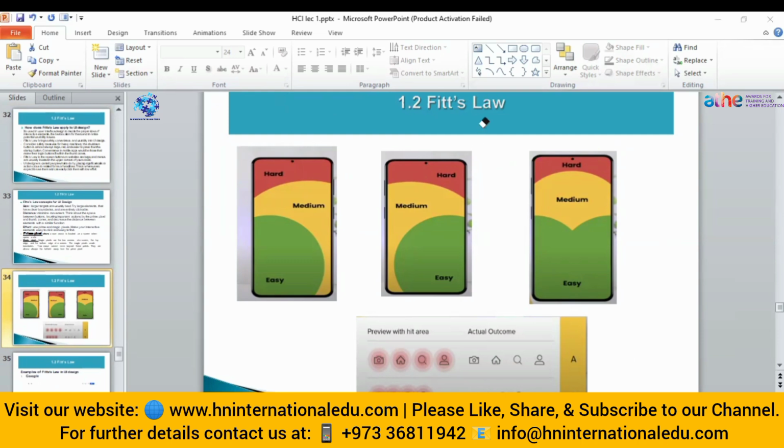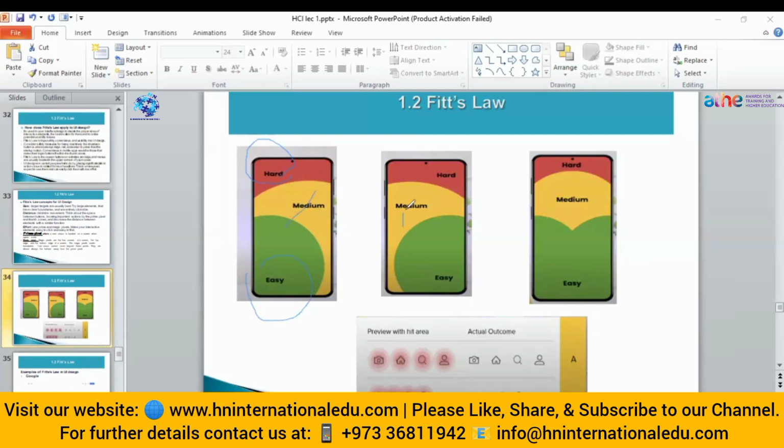If we use our thumb to use the touch screen, it will be hard to reach this icon. But if an option is available here, it will be easier for us to reach. Similarly, for different users, if someone is left-handed, this interface will help them.